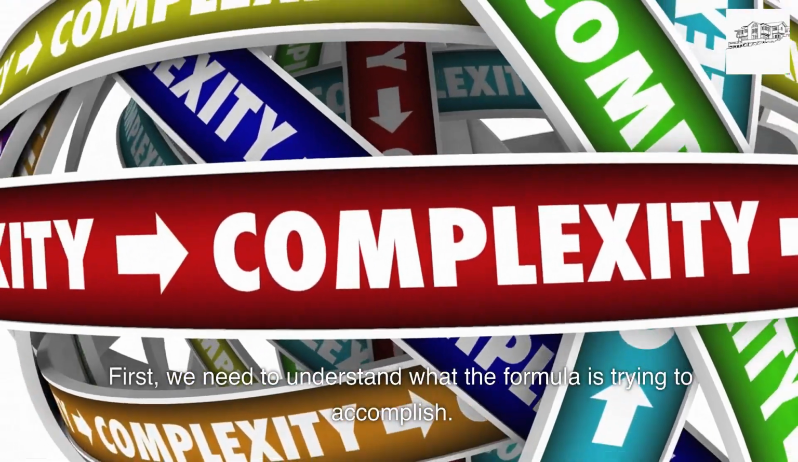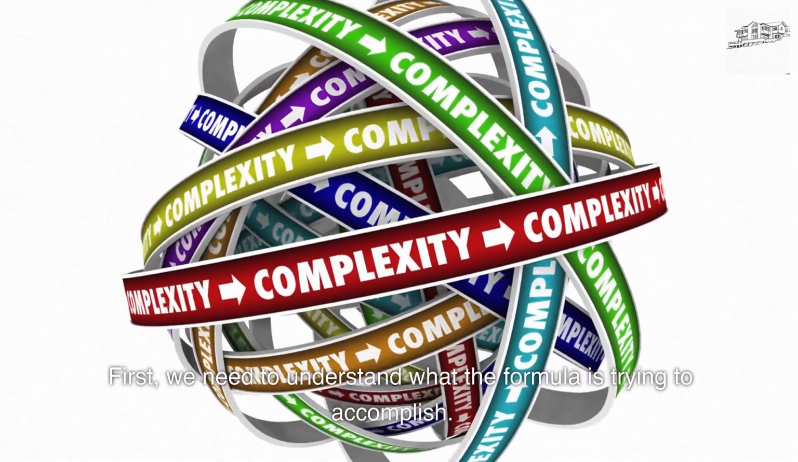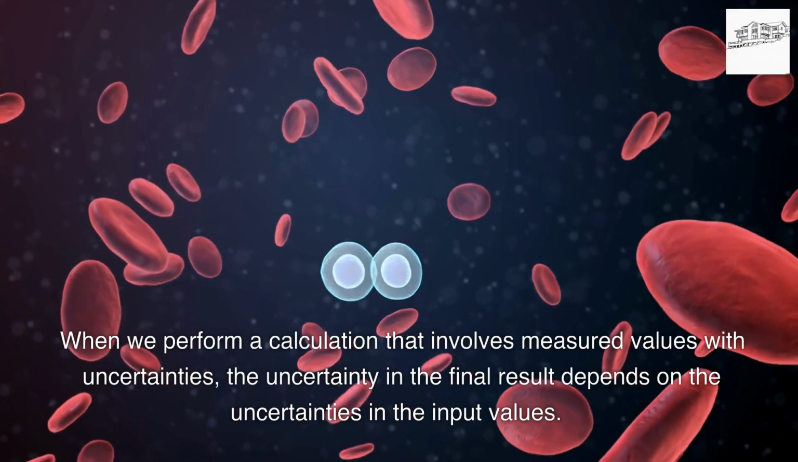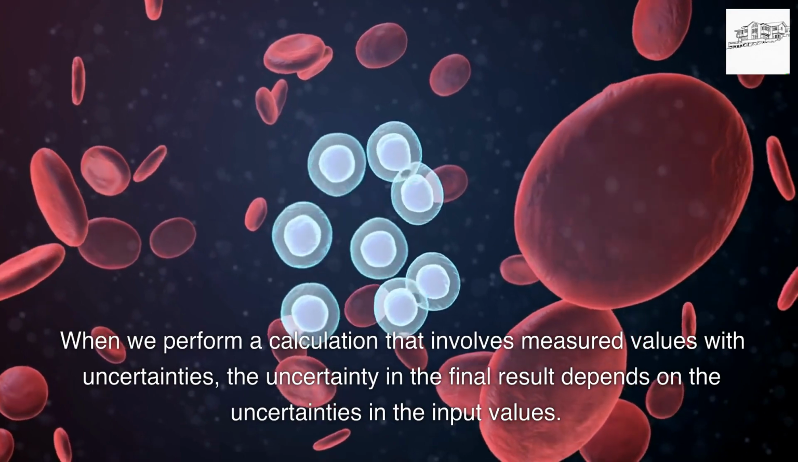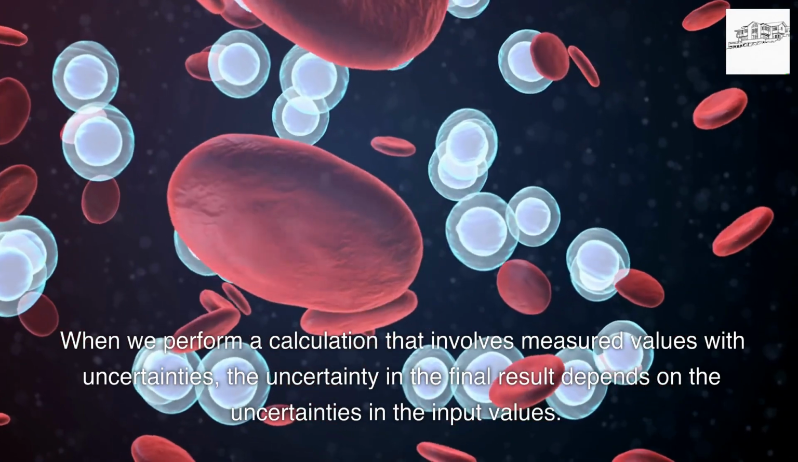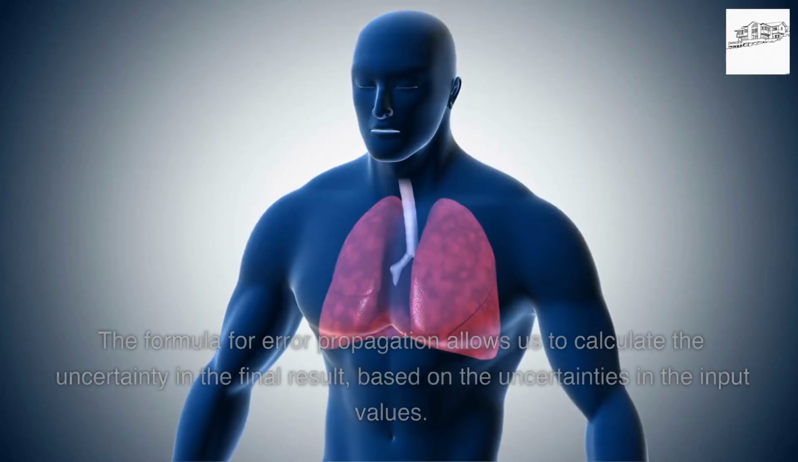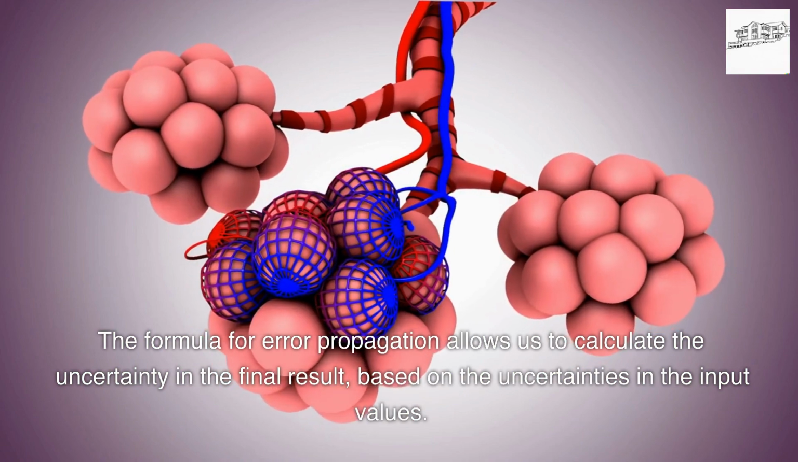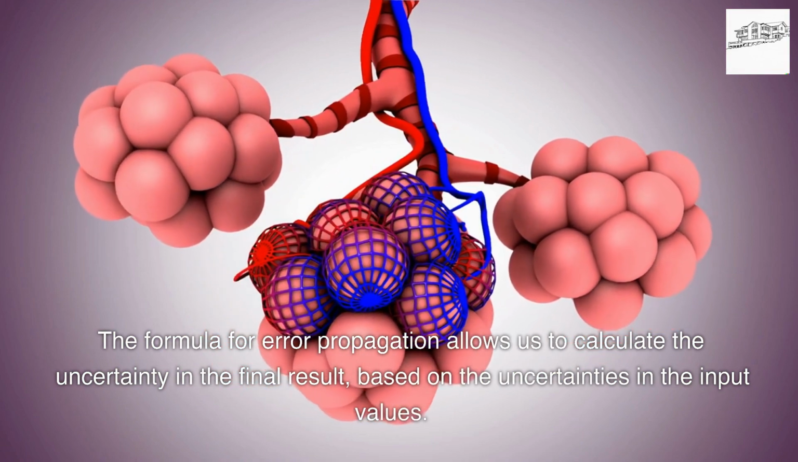First, we need to understand what the formula is trying to accomplish. When we perform a calculation that involves measured values with uncertainties, the uncertainty in the final result depends on the uncertainties in the input values. The formula for error propagation allows us to calculate the uncertainty in the final result, based on the uncertainties in